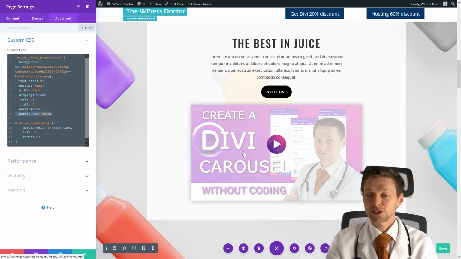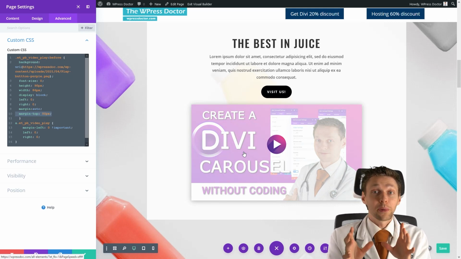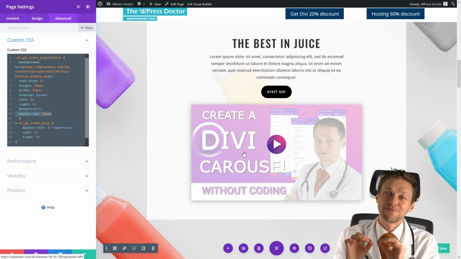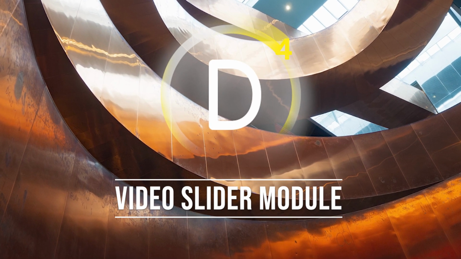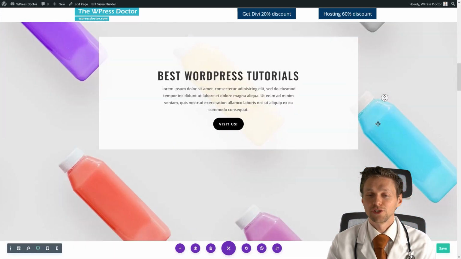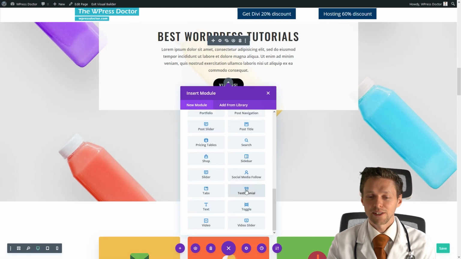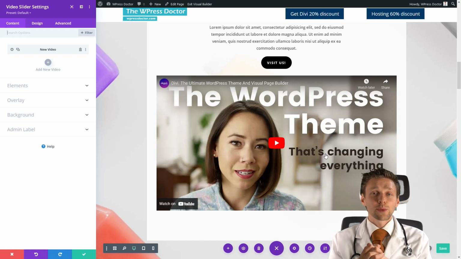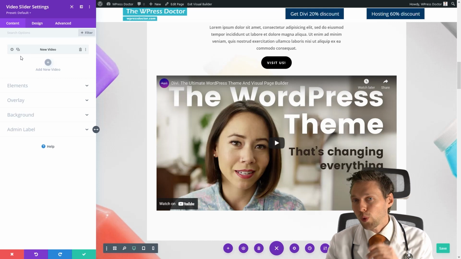All right, that's it. So now you know also how to use your own images as a video play button in a module. Let's go to the last module. So for the next and the last module, we are going to stay on this Juice website and we're going to add a video slider. Now, the video slider is not actually what you think it would do, like slide all the videos. No, but it looks quite a bit different.